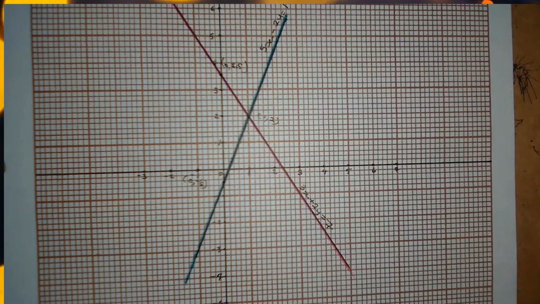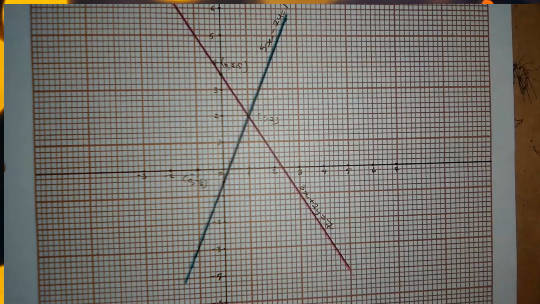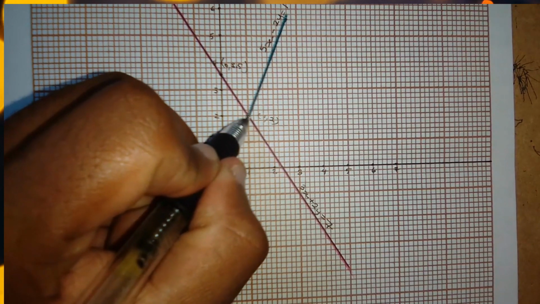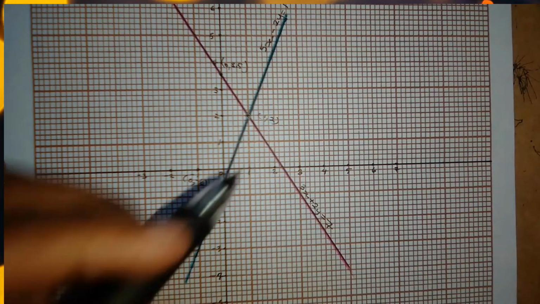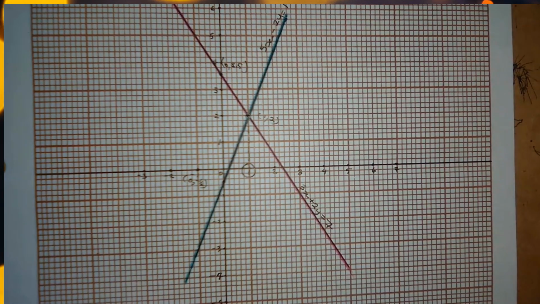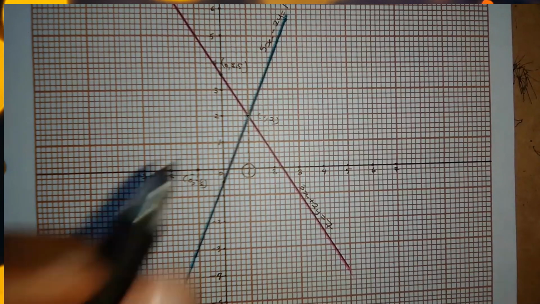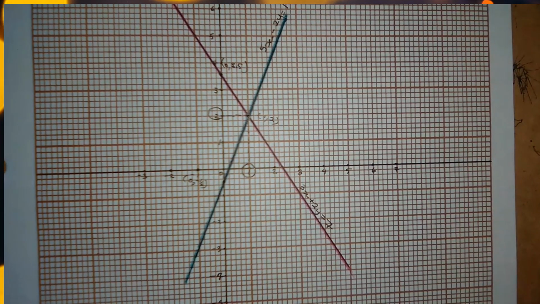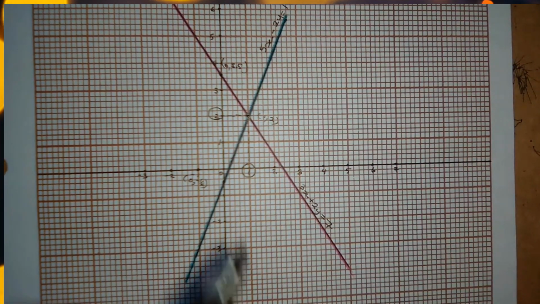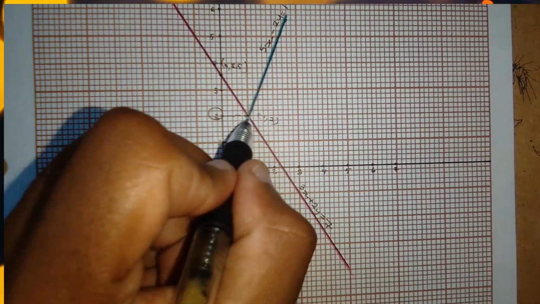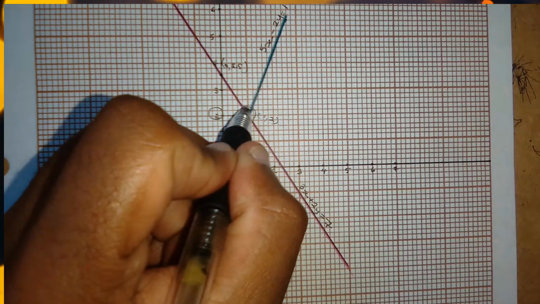And that's the whole point of simultaneous equations. It's where two conditions meet, where two things share a common point. And that common point is right here, right? That's a common point. And if you drag this down, it's telling us that, look, the x value is 1. And then if we go across, it's saying the y value here is 2. Good. So this is a point where they meet when x is 1 and y is 2. And this is how you show that you're solving the simultaneous equation